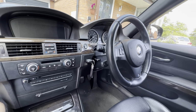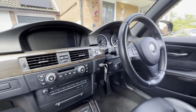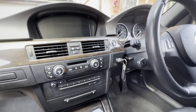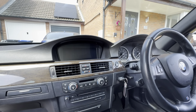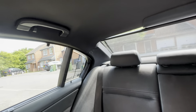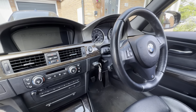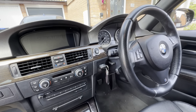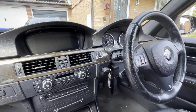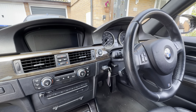So I wanted to source a system for an E90 or E91, E92. I managed to find a system from an E93, which is similar for the most part, but it's missing the rear parcel shelf speakers and tweeters. So it's incomplete as far as putting it into a 90 is concerned, but the rest of the components are the same. So I was quoted £1,600 for the E93 individual audio system with wiring loom and everything else,